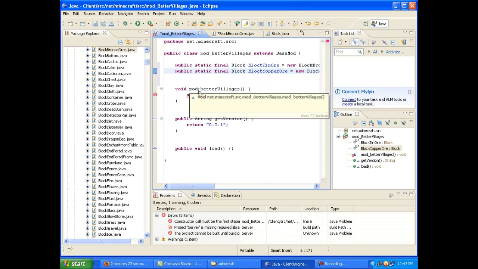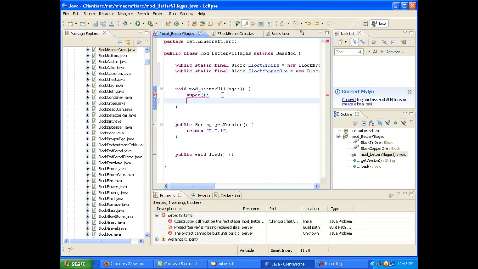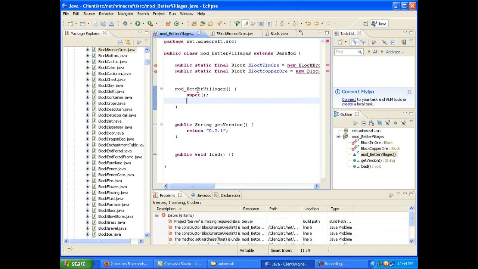We're going to come down here into our mod better villages, and I just realized, I think I might know what the problem is with super. This B right here is not capitalized. Let's see if that'll help anything. Yep, there you go. Okay, capitalization causes the weirdest errors.